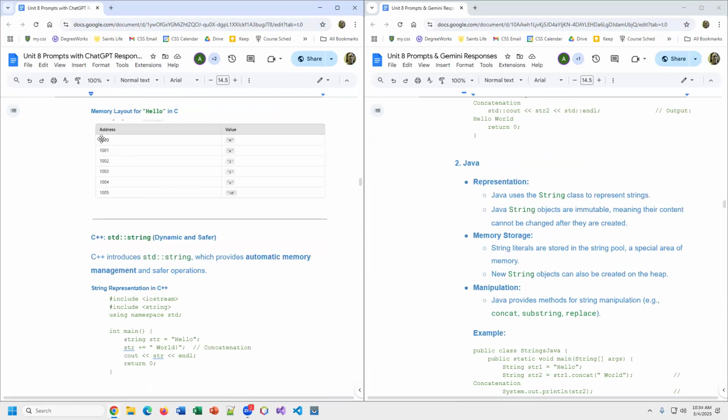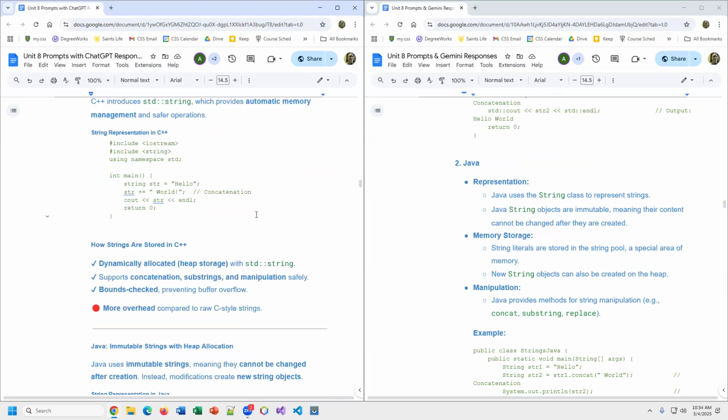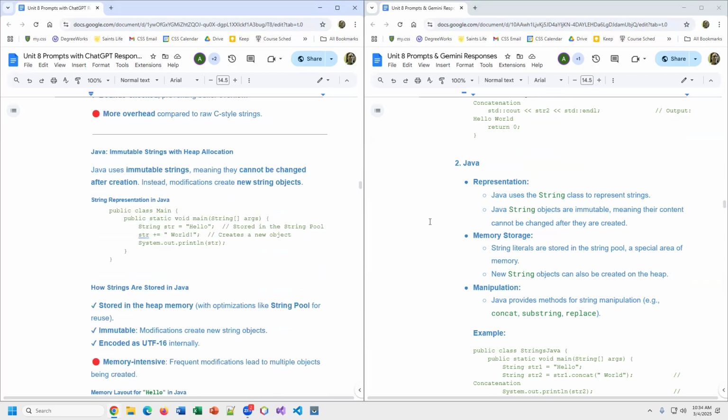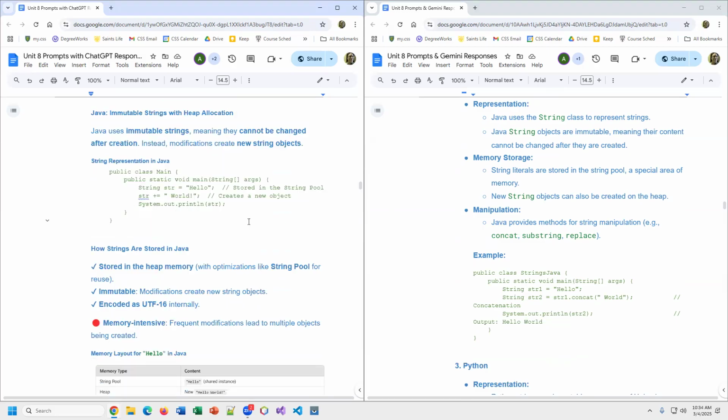Again, this is trying to show the memory addresses and how that works. It's just directly mapped. Now, in Java, it's totally different. We use immutable strings. Once we declare a string, we're not going to change its memory. To change a string, like to add an S to the end of a word,